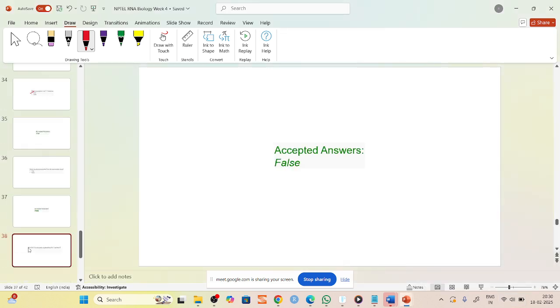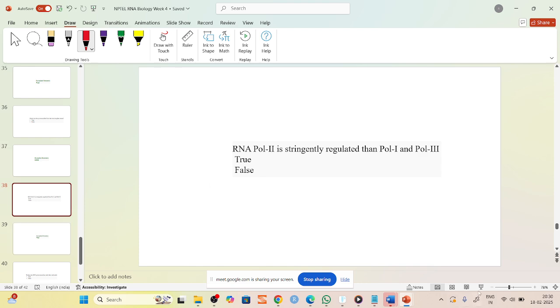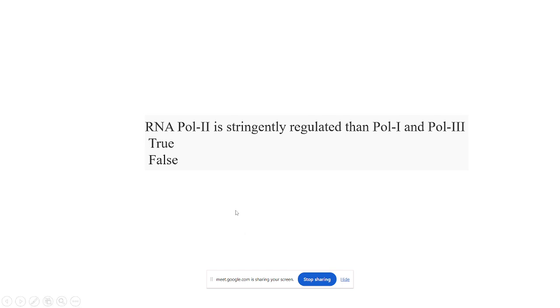Okay. Now, next question is, RNA polymerase 2 is more stringently regulated than Pol 1 and Pol 3. Means RNA polymerase 2 is more stringently regulated than RNA polymerase 1 and RNA polymerase 3. So for people who don't know,